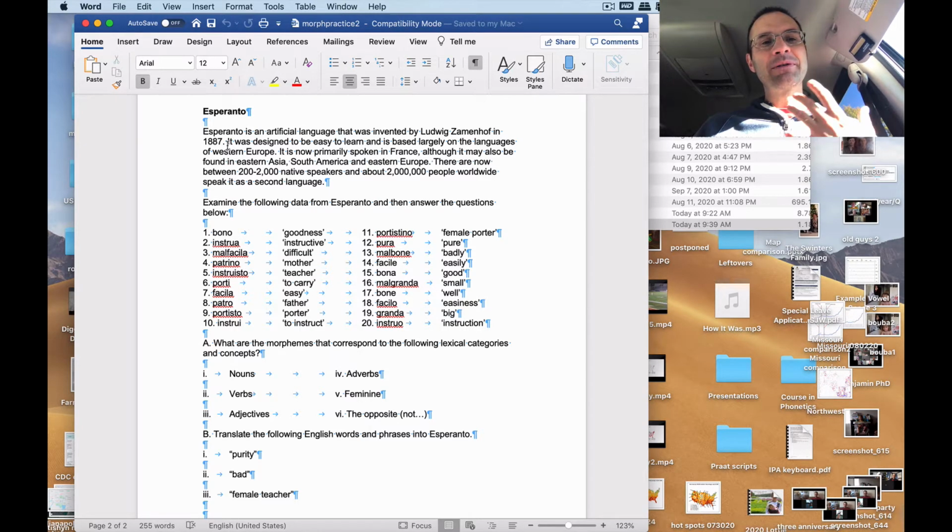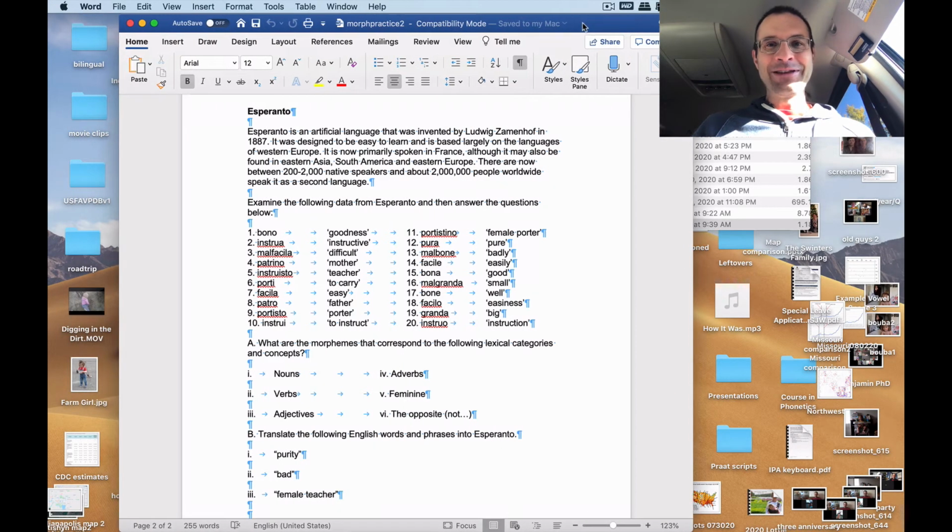Most of the languages that he based this language on were Western European languages. He was himself Polish, I believe, but you can see influences of a variety of other European languages in this data set. A lot of people have learned Esperanto over the years, most as a second language. There are a few people apparently who speak it natively, if you can believe that, most of whom are found in southern France, I think, where apparently this idea has really caught on,